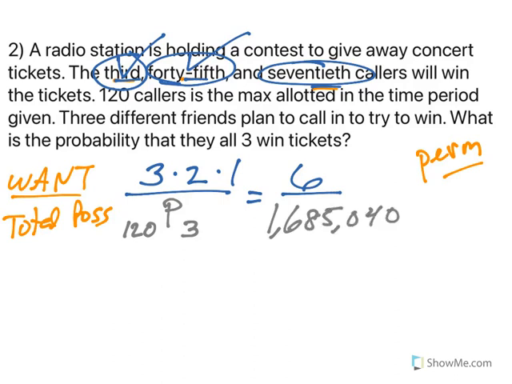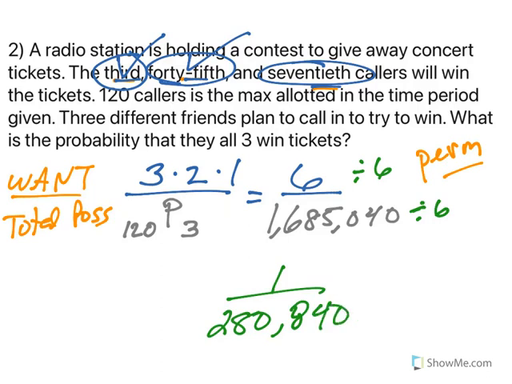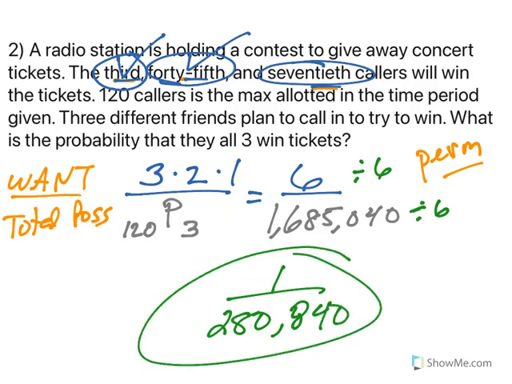1,685,040. So if we want to reduce that, they do both divide by 6, and we end up with 1 over 280,840. So when you're thinking through counting with probability, remember what probability is, what we want over the total possible,